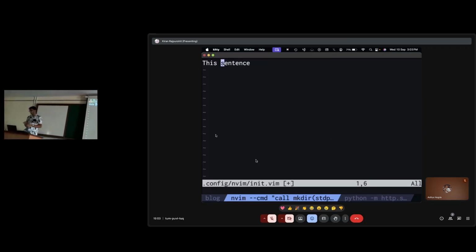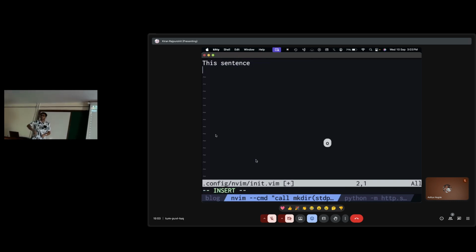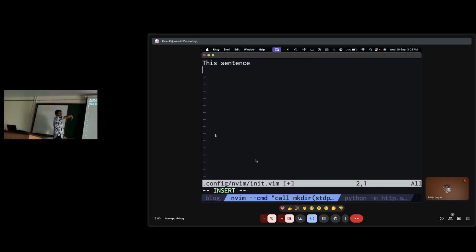Make sense? Awesome. Now I want to insert a new line at the bottom. So as I told you, there is O. You can press small o so that no matter where you are in the line, Neovim will create a new empty line below the current line and place the cursor at the start of the line.